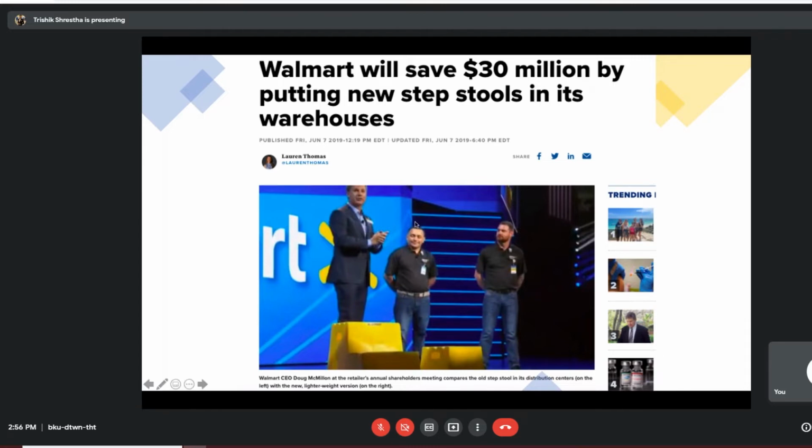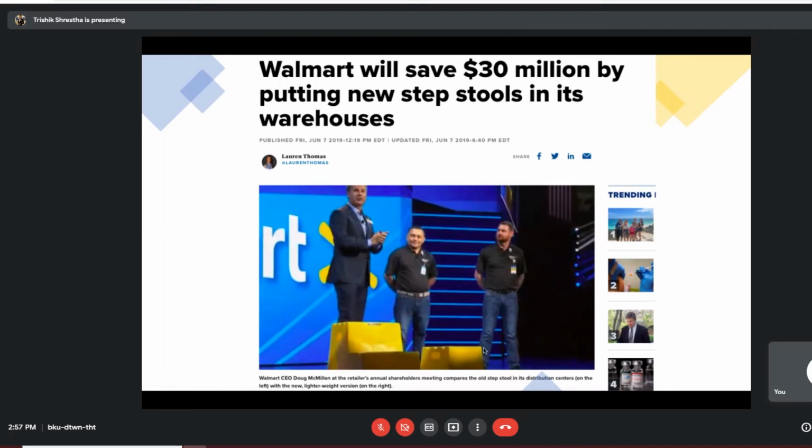So these 2 gentlemen right here, who are the warehouse managers, they just experimented with using a smaller stool, just a 1-step stool, which was half the weight, but it's obviously like half the height, right? It's not that tall, but then it's pretty light. And what they found out was fascinating. Everyone started using the stools. All they required was a stool that was light enough, and they just changed the larger stool to a smaller stool, and then productivity went up.